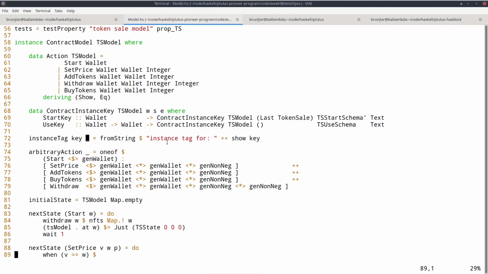So it is just important that this instance tag function results in a different tag for each instance that we will ever run in our simulation or in our tests. And this is guaranteed here because the way these are set up. So we will have one start instance for each wallet and then one use instance for each pair of wallets.